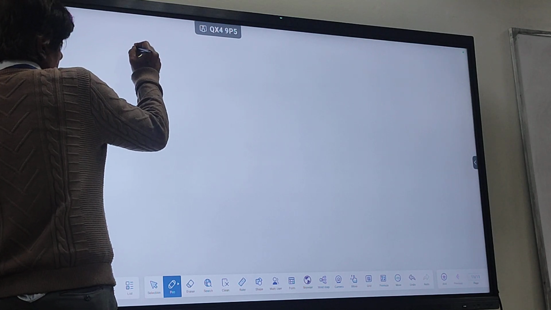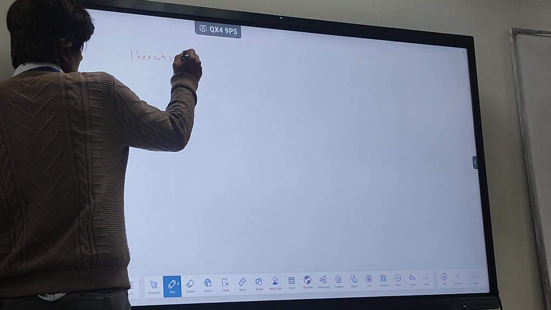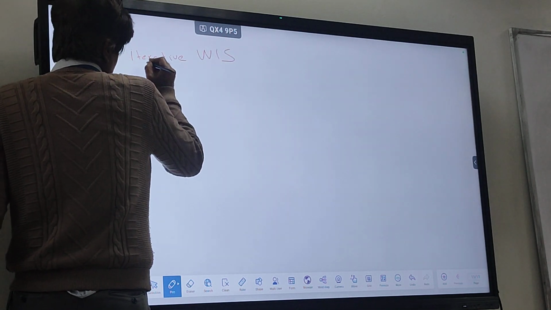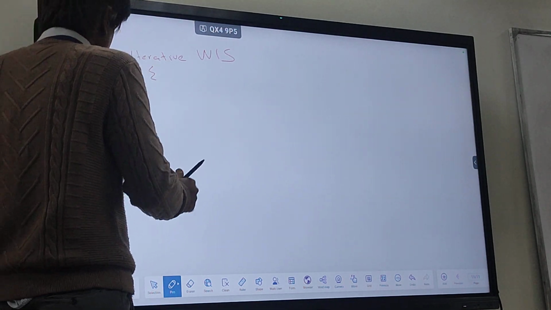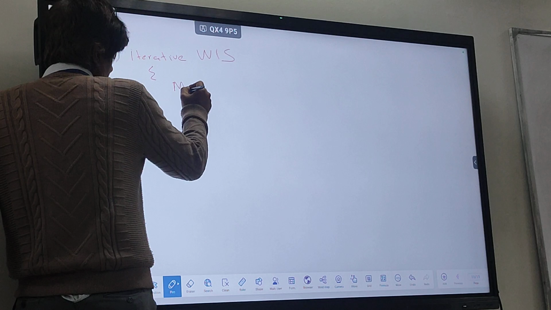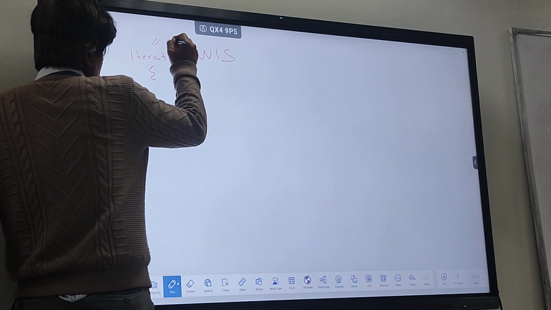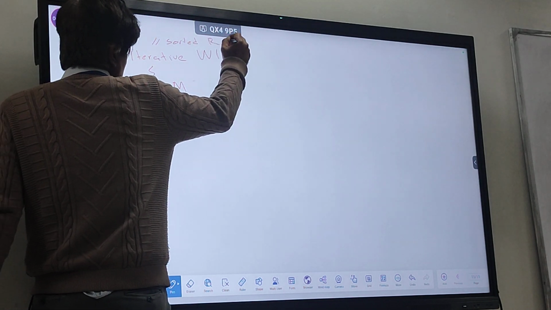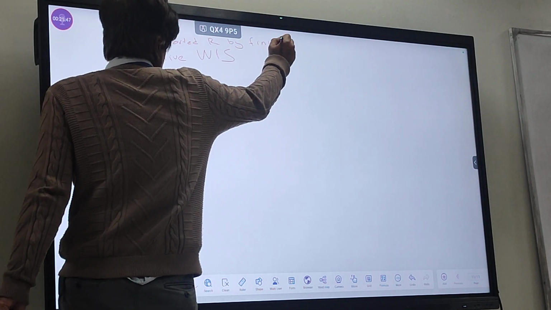So, we are ready. The iterative weighted interval scheduling algorithm is finally here. So it's pretty simple. First of all, we have sorted R by finishing time. That is important.